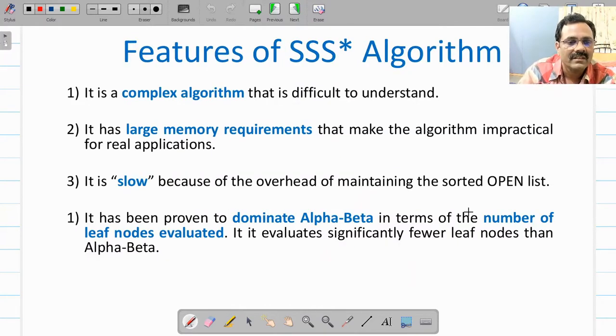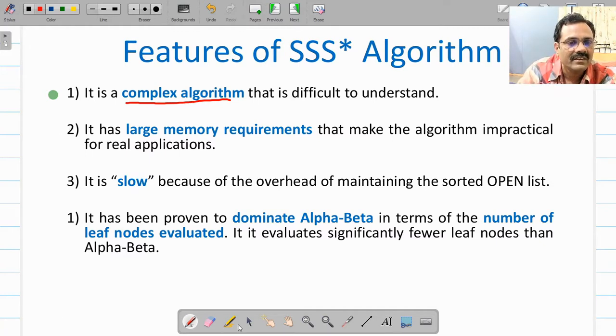So let us now find out what the features of this algorithm are. You might have realized that it's a complex algorithm because it is a combination of alpha beta cutoff, AND/OR graph search, and best first search. All these strategies are combined together, and therefore initially you find it a little bit difficult to understand.